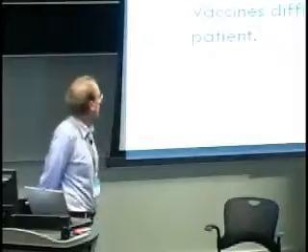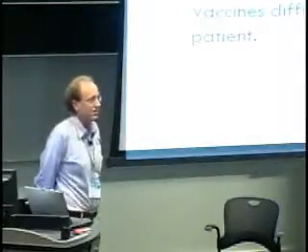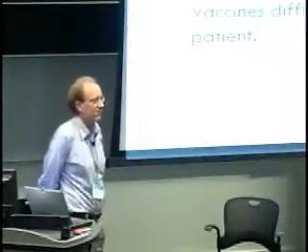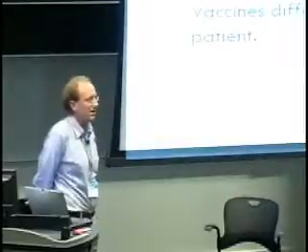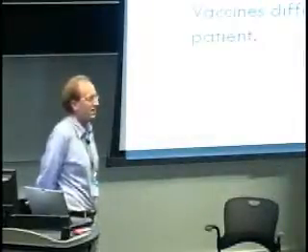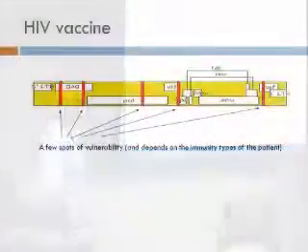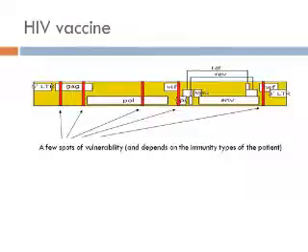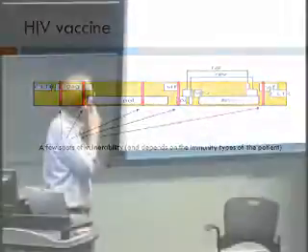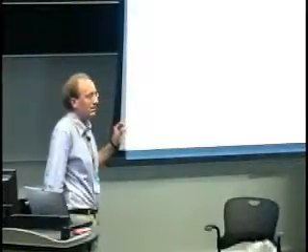But vaccines are difficult because HIV mutates, not just like seasonal flu mutates, but it actually mutates in the body of the patient to make itself more deadly over its course in a single patient. So a hypothesis in our group, and in general, is that there are a few spots of vulnerability. This is a map of the DNA of HIV. A few spots of vulnerability in the DNA, and they depend on the immunity types of the patient.